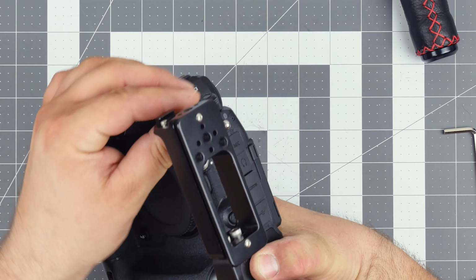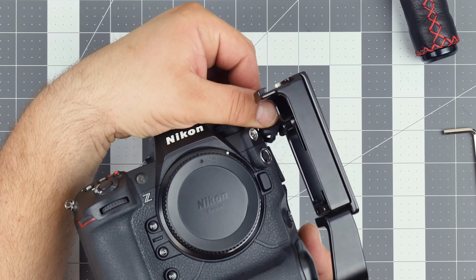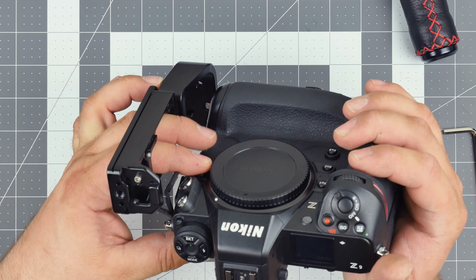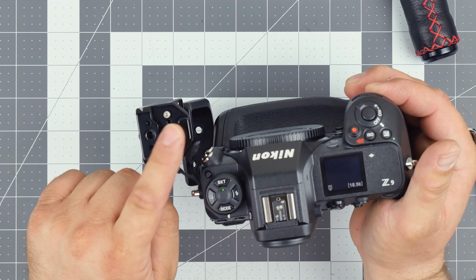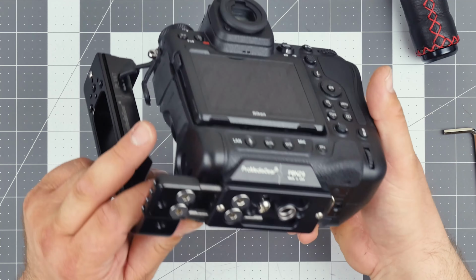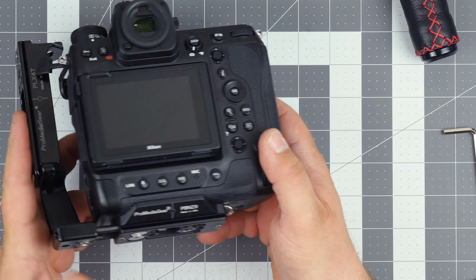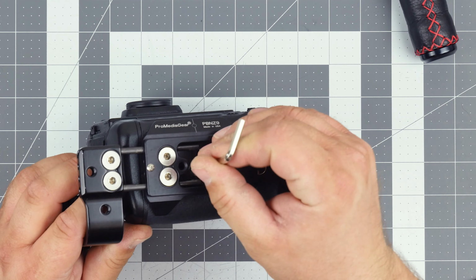Okay, so this Nikon, obviously gave us a little challenge here. So you can see where this kind of goes. If you want to change the lens, maybe you got to put your fingers through the bracket, not around it. But this already has a cold shoe built in. It doesn't have a side strap port though, okay? Anyway, so that's how it mounts, and it looks the same with the Boomerang. Okay, so let's take this off and I'll show you what the plate does, or plate does things with combination